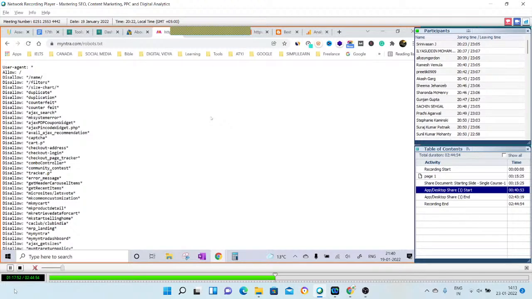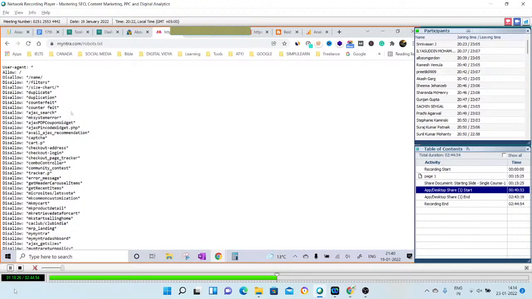Now, in addition to this, when we do the website submission on Google Search Console, I'll also tell you an easier way to disallow crawling in your Google Webmaster Tool or Search Console, which is next week's topic. It is the official SEO tool by Google, a free tool. So when we submit our site to Google, there is a functionality to stop any of the pages from being crawled just by clicking one button.